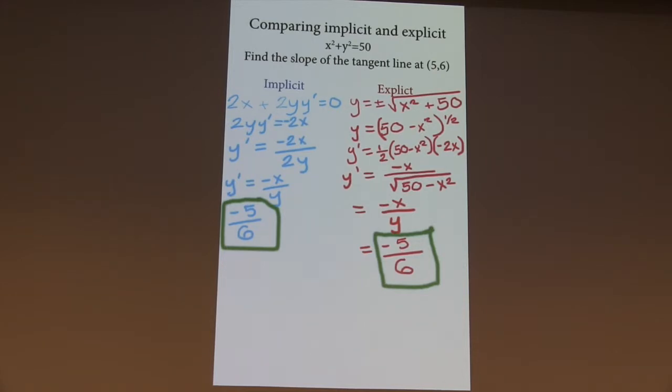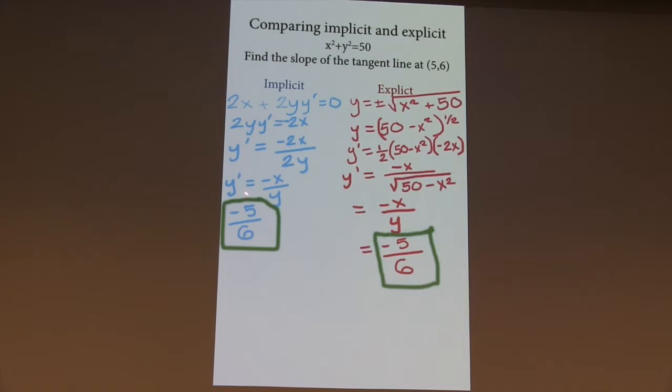Through subtraction, 2y y prime equals negative 2x. Then with division, we find that y prime equals negative x over y. When we plug the point of the tangent line into this solution, we find that the slope is negative 5